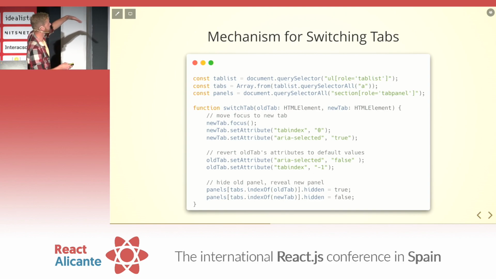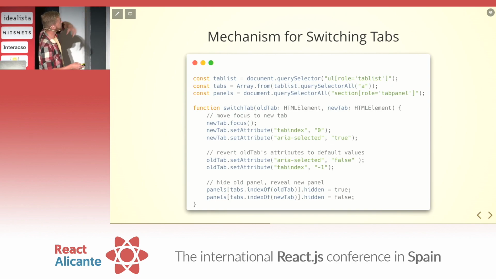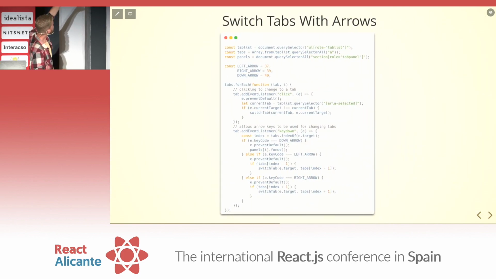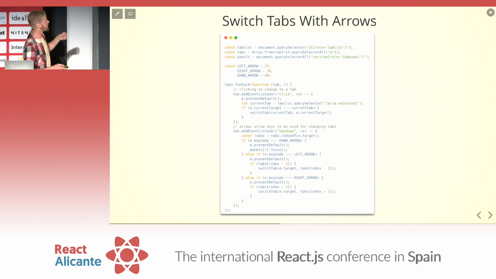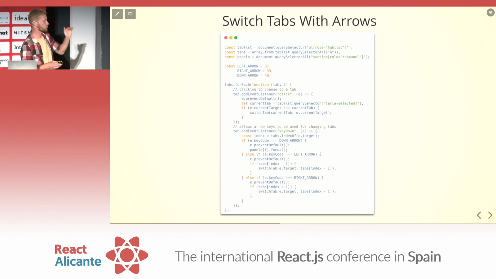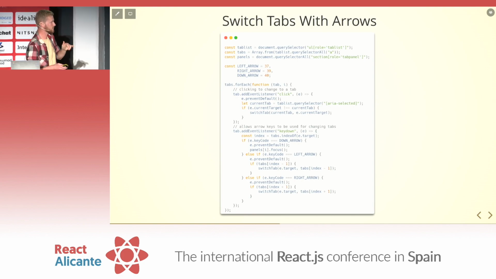We're setting the tabindex to 0 on the currently selected one. We're setting aria-selected to true or false, depending on whether it is the selected one. And we're setting attributes to defaults and hiding the panels. And this is the full one. The reason we're doing that, the important part I said before about the tabindex, is because it's highly suggested that instead of using tab to go through all of the tab lists,